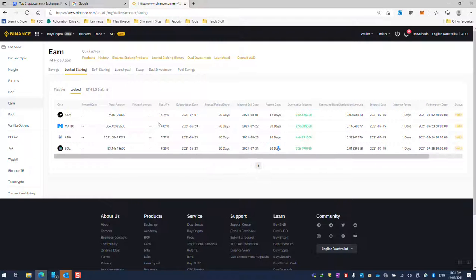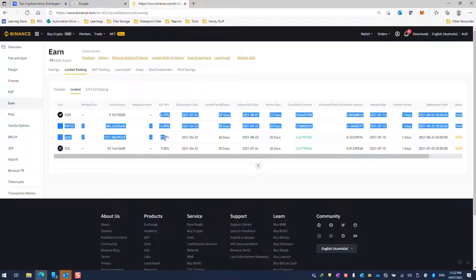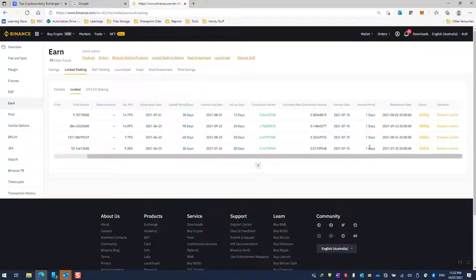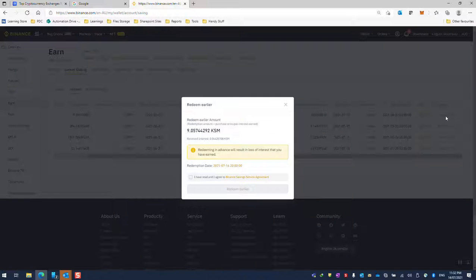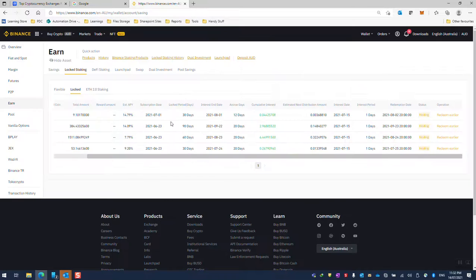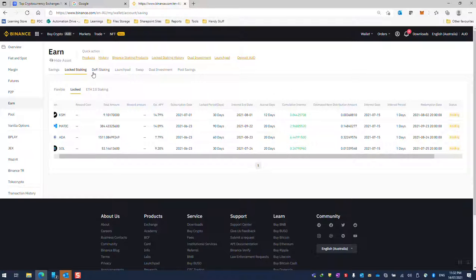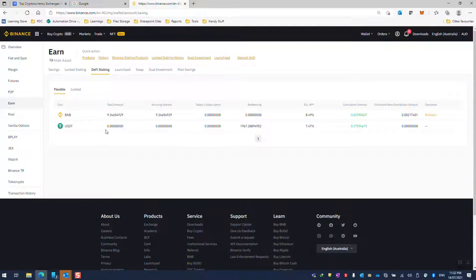Again, these APYs generally don't fluctuate that much in this one. But if you want to redeem early, you can just redeem early, but you will lose all your interest. So I don't know if you want to do that. If you're planning to hold on to these cryptos, I recommend you just put them in a locked staking pool. There's something called DeFi staking,